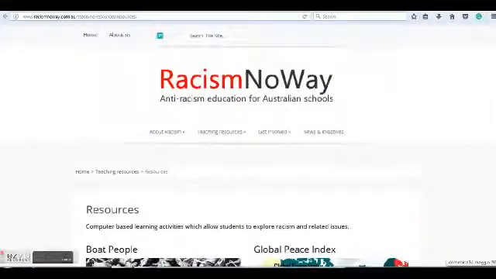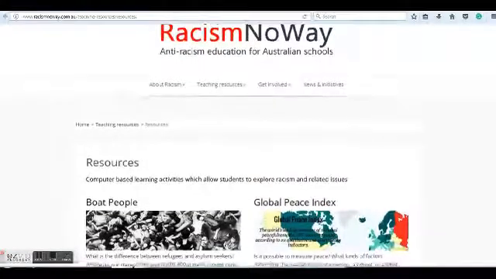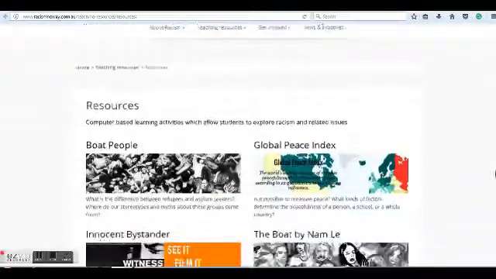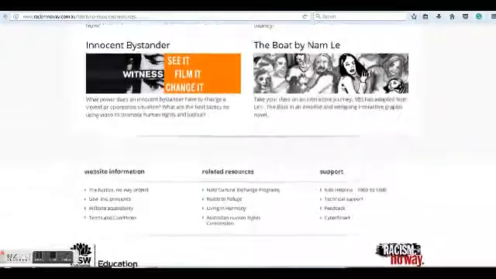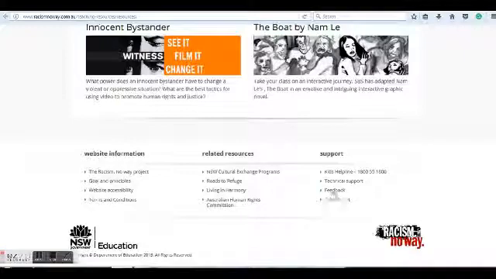From Cultural Exchange, we have access to Racism No Way, which is another government agency website that addresses racism, and from here we have a link from the support area.